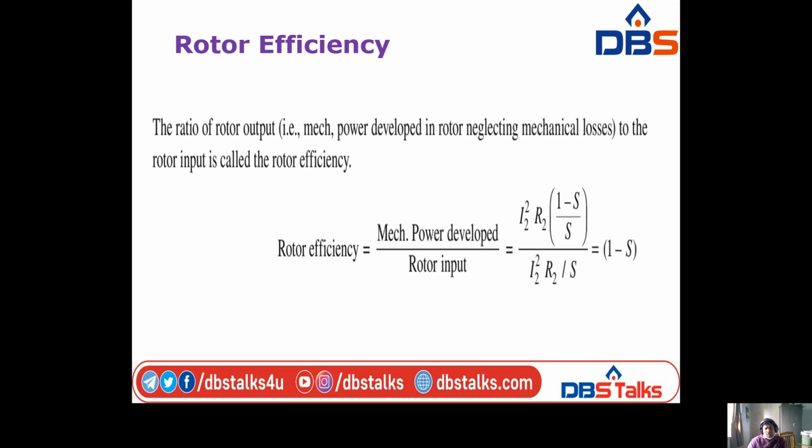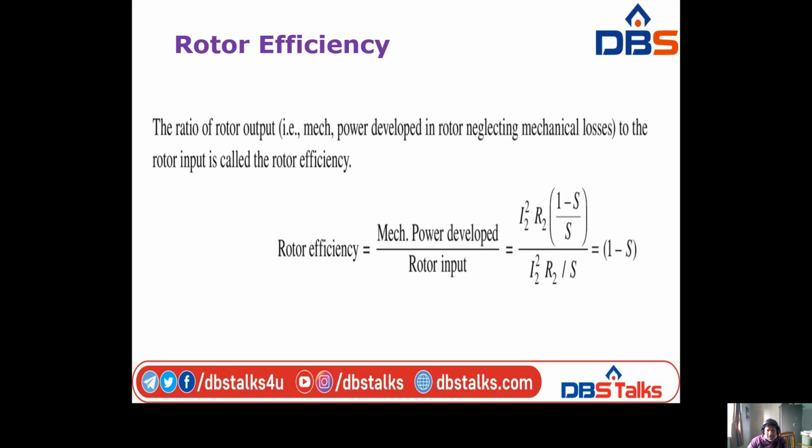And the difference between these two is very, very important. Next one is the principle of operation. Whenever a three-phase AC supply is given to the stator winding, it may develop an alternating flux, that is, a rotating magnetic flux. That rotating magnetic field, that is RMF, is rotating with synchronous speed, which is 1500 rpm, and it is